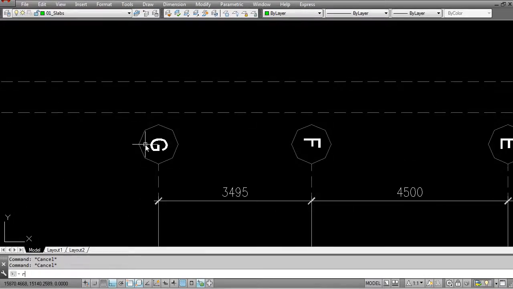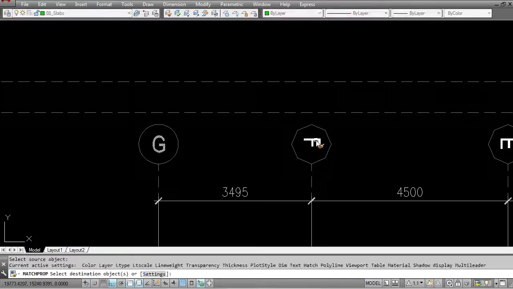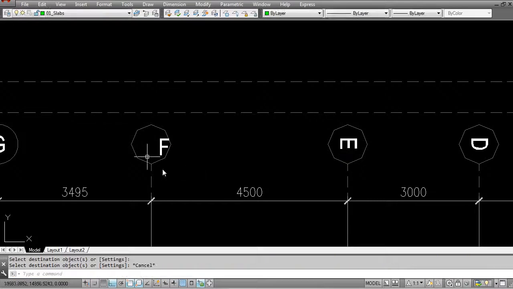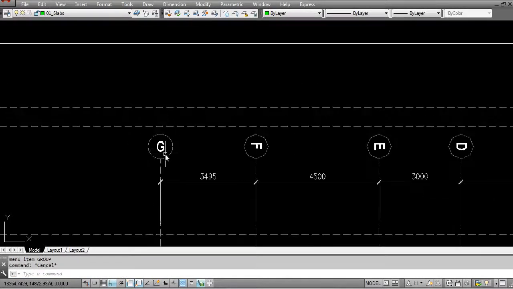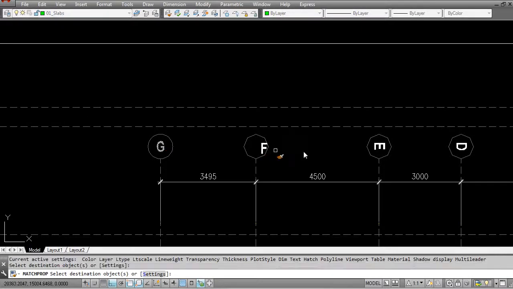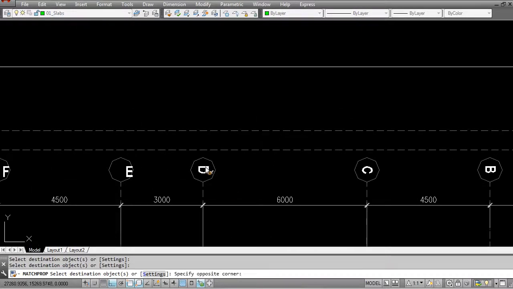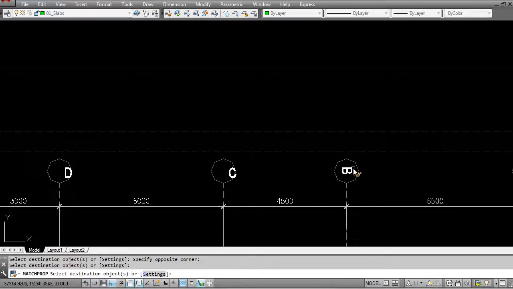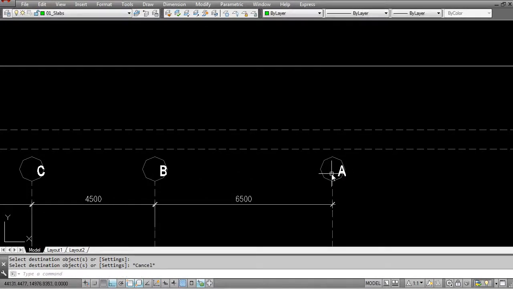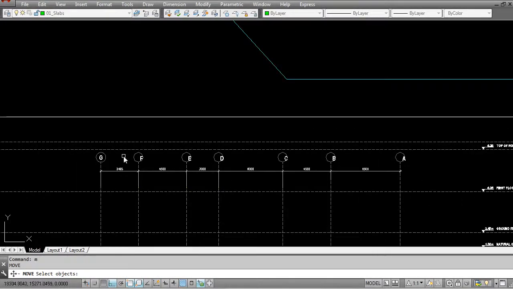So we're going to have to individually go and rotate them, grabbing the midpoint and turning each one around by 90 degrees. The other thing that you can do is once you've rotated one of them, you can match properties, and you can then click on the others, but you will notice that the center point of that F does change. So what you can do is you can either rotate each one of them individually, or you can, as I mentioned, do the match property and then go and move all of them together so that you place them